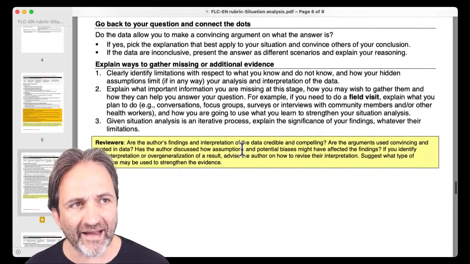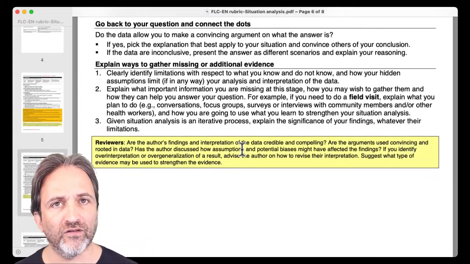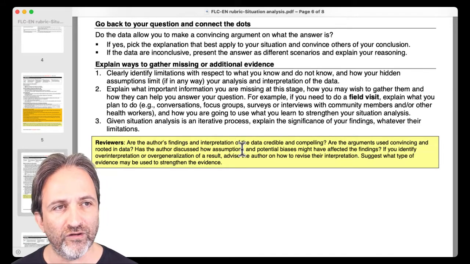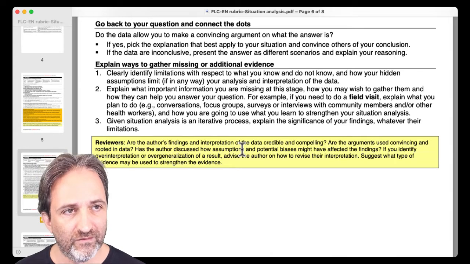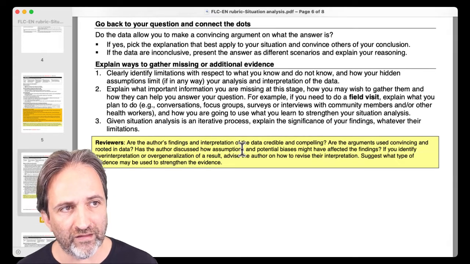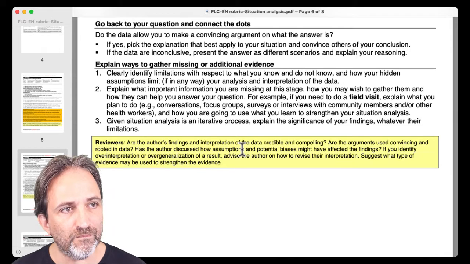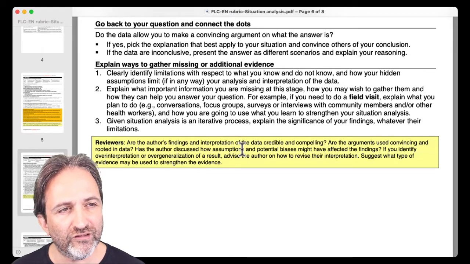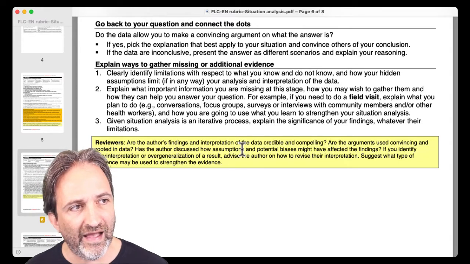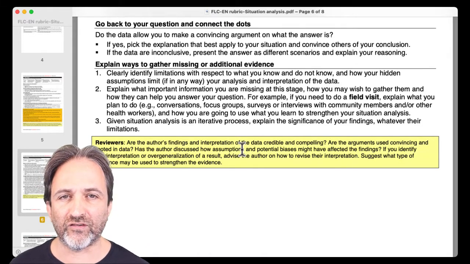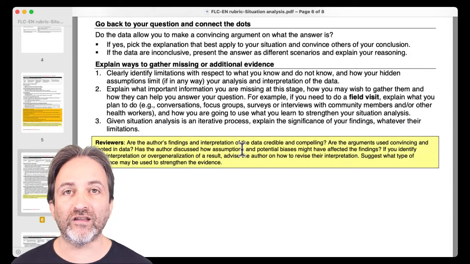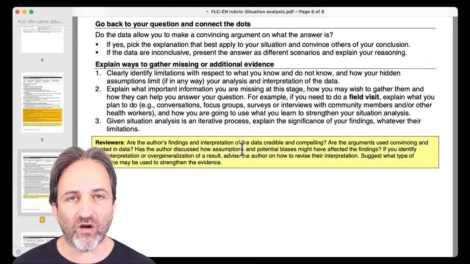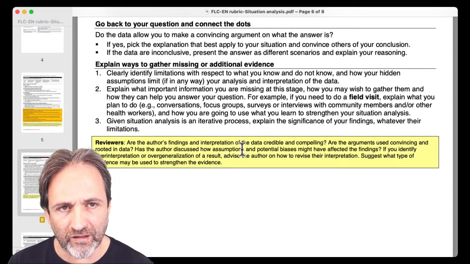So you go back to your question and connect the dots. Do the data allow you to make a convincing argument on what the answer is? All right. And so if the data do allow you to do that, pick the explanation that best applies to your situation. Convince others of your conclusion. And if the data are inconclusive, present the answer as different scenarios and explain your reasoning. So you may not be able to reach a definitive answer to your question. In that case, you do the best that you can to summarize what you're able to determine and also the